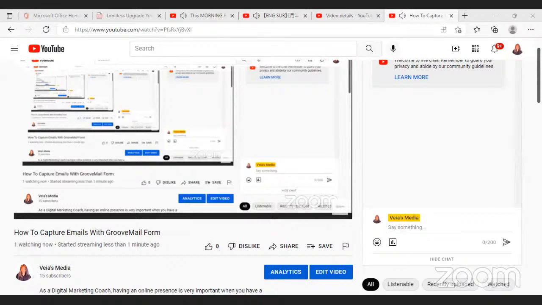You can configure it and link it to a page or pop up, things like that. So now that's it. That's how you do this